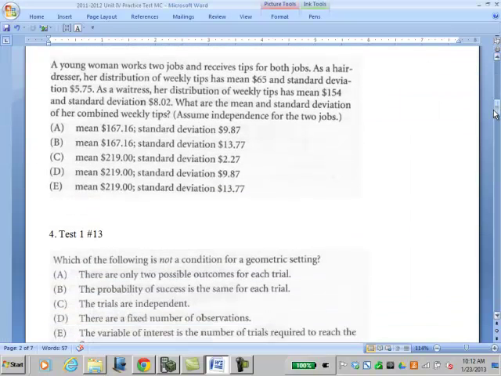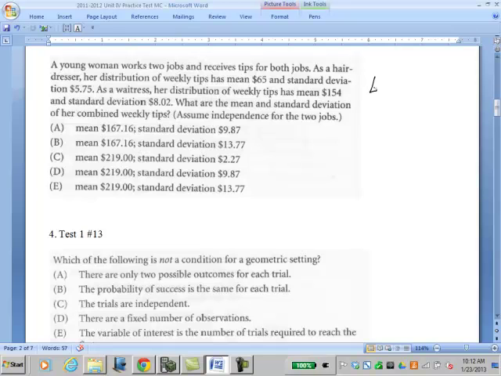Okay. Ambitious young woman's working 2 jobs and receiving tips. As a hairdresser, her tips have an approximately normal distribution, $65, standard deviation of 575. Her tips as a waitress, $154 a week, and standard deviation of 802. What are the mean and standard deviation? So these are 2